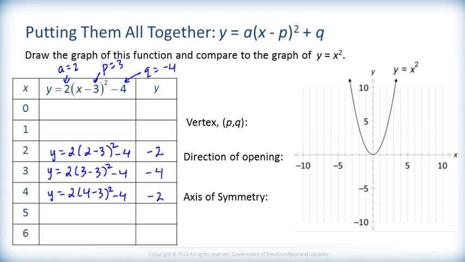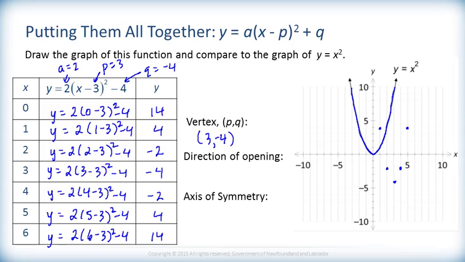So it looks like 3, negative 4 should be my vertex, the p and q value. So having plotted the points, I need to take the base graph, translate it 3 units right, which is my p value, and 4 units down, which is my q value, to get it to meet the vertex that I've plotted. However,